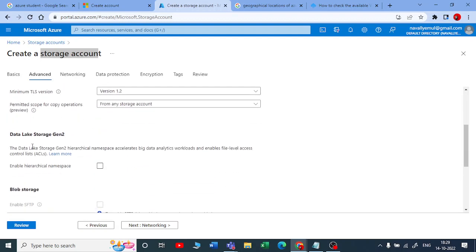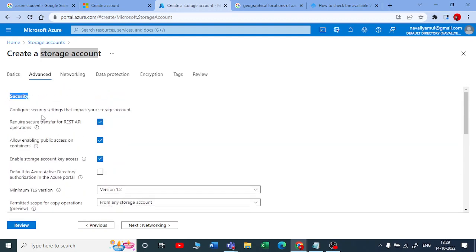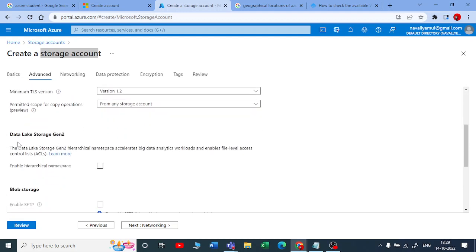In advanced, let us just skip all this security part. Here you have one feature called data lake storage. So what is a data lake? Before we go to data lake, we should understand what is a database. Once you understand database, you can know what is a data warehouse.